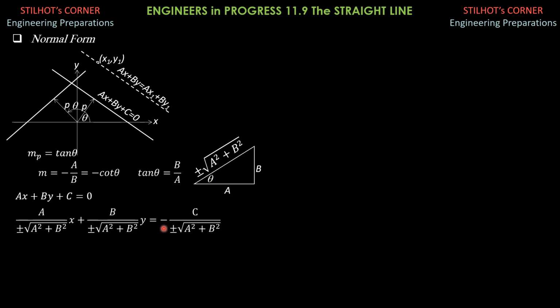And we just leave this as negative c over plus minus square root of a squared plus b squared, and let us explore and find out the equivalence of this expression. So therefore x cosine theta plus y sine theta equals negative c over plus minus square root of a squared plus b squared. So again, for this line here, P makes an angle of theta with the positive x-axis, and from geometry